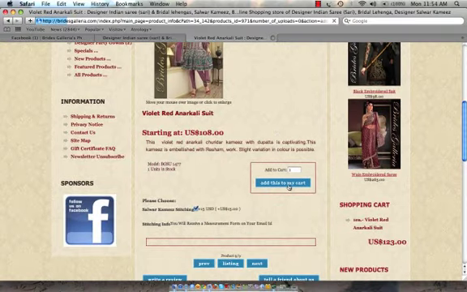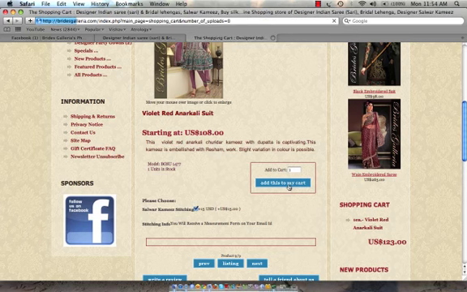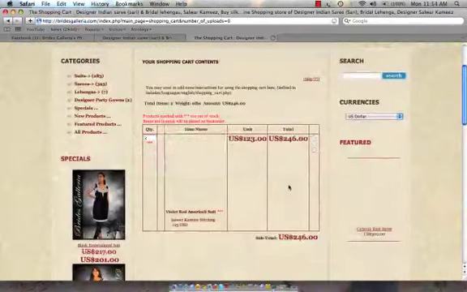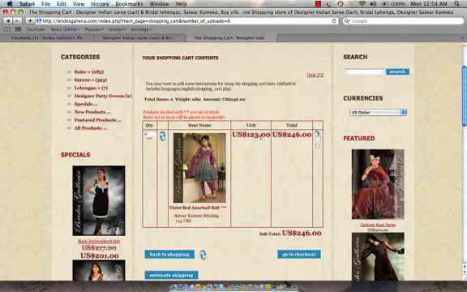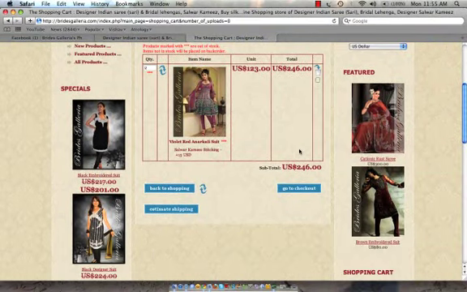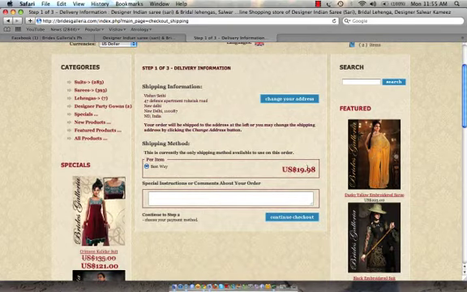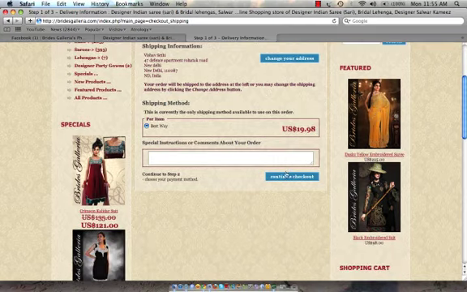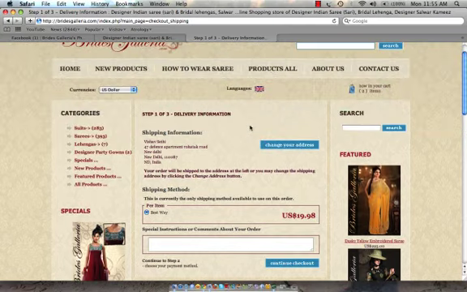After that, just click on the add to my cart button. Now you can see over here that it's USD 123. Now I have actually added two quantities, so it's 2 into 123, it's 246. Now you go to checkout. It will add the prices of two quantities because I have selected two quantities. It's a very simple procedure. It will help you all to get to know the prices and place the order.